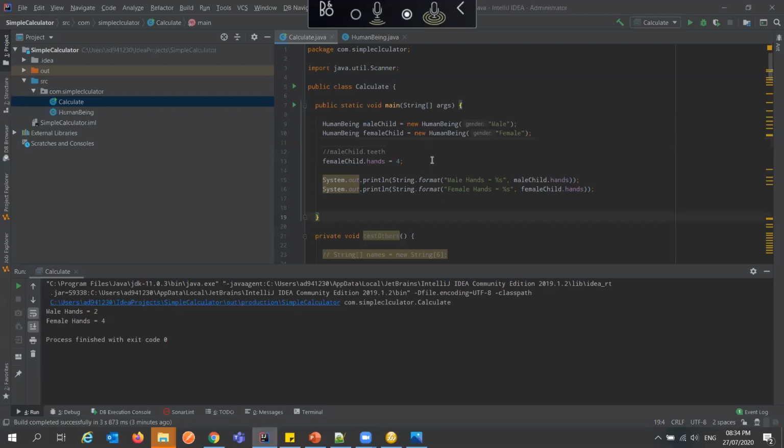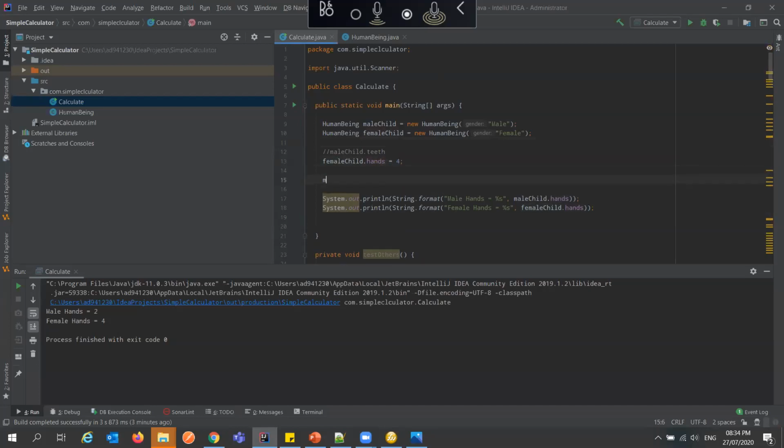Now, let's say for example, remember what I've done. I've changed female to 4 hands, right? So in between my program, I decided to turn this male child into a female child. Before I do anything, who knows how many hands will now come out as the male child? Four. You say 4, right? Because the female has 4. But remember, the male had 2 before. But now we are putting the reference of the female into the male. So let's see what this output will give us.